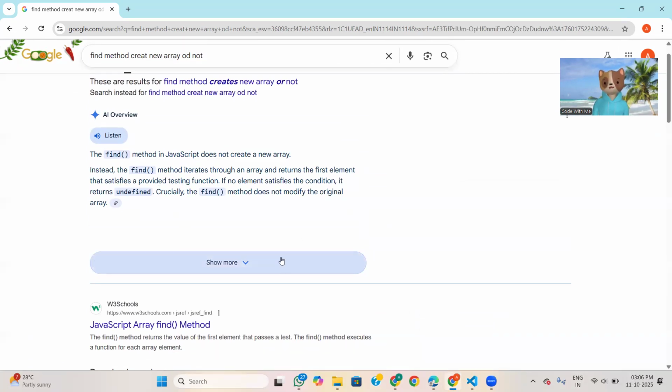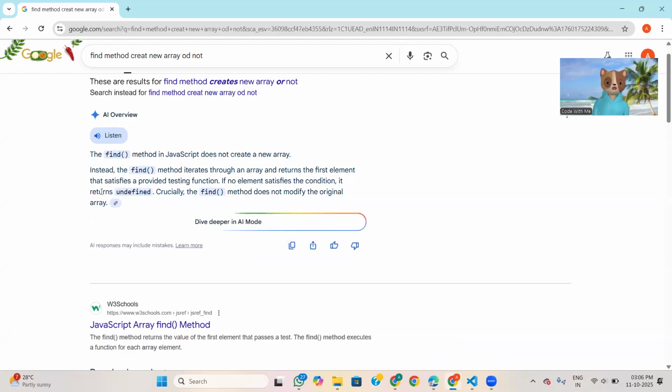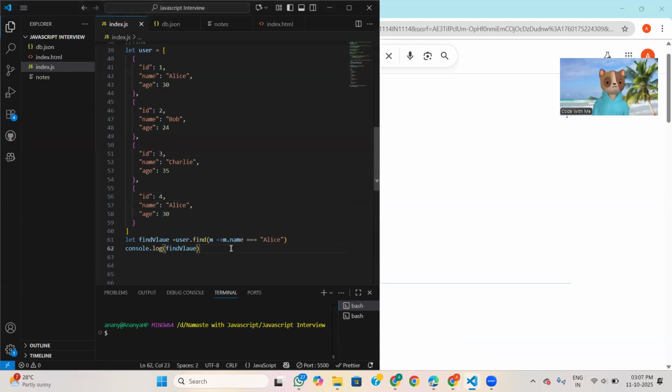If no element satisfies the condition, it returns undefined. Crucially, the find method does not modify the original array, because we need one value from that array. Why would we modify it? And the important thing is if find method is not able to find any value, in that scenario it will return undefined. Okay, so this is all about find method.